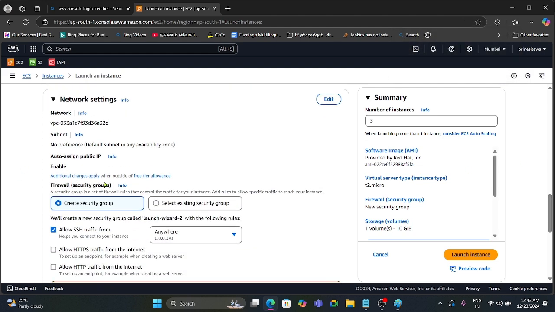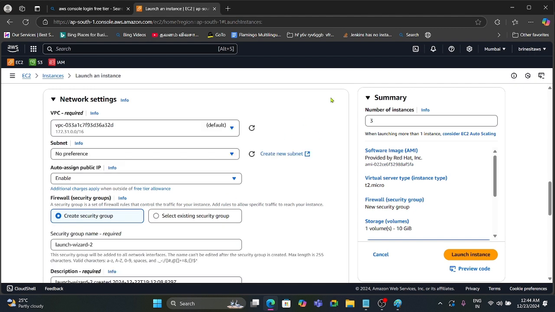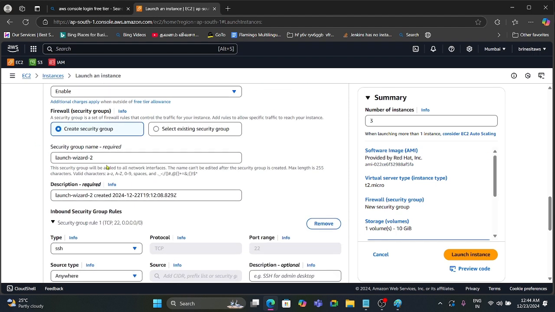Then here I'm just creating all the network. If I am using the default one, this will enable only SSH. Okay, but since we are doing the testing, I am going to use all the ports. So for that I am going to create the new security group. Just edit the network settings. Here I am giving simply all